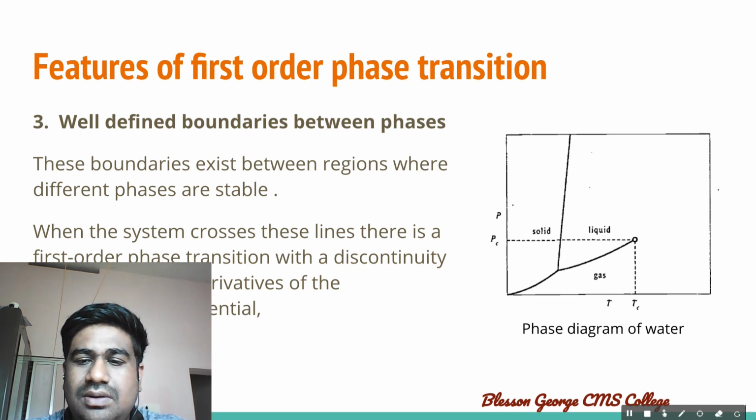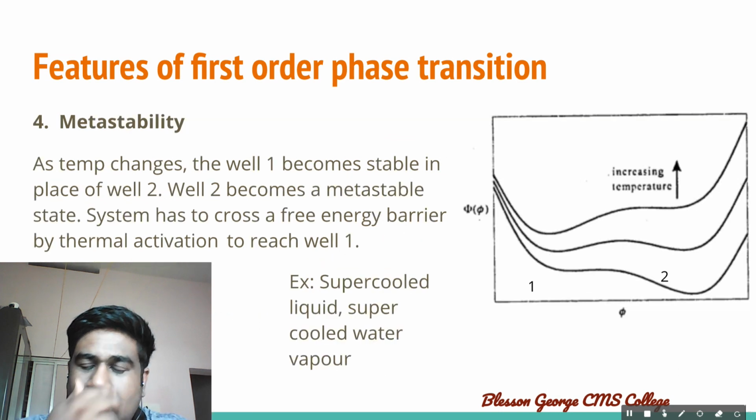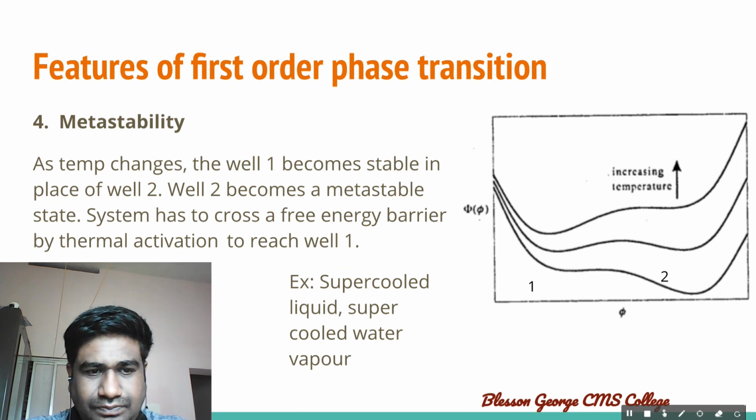You can read more about that on a Stanford website; they have explained it well. Another important property of first order phase transition is metastability. We have already seen this diagram. Here well 2 is the lower energy state and well 1 is the